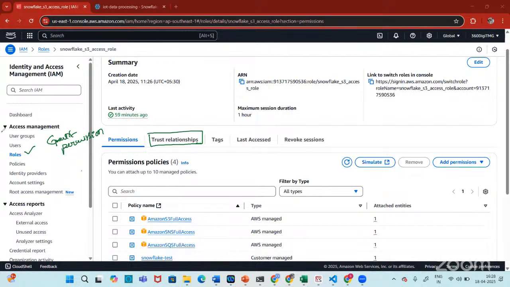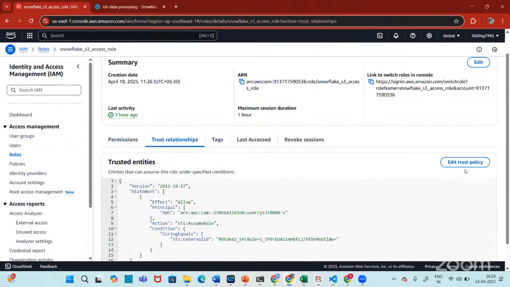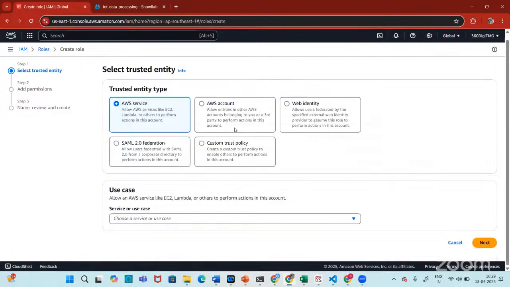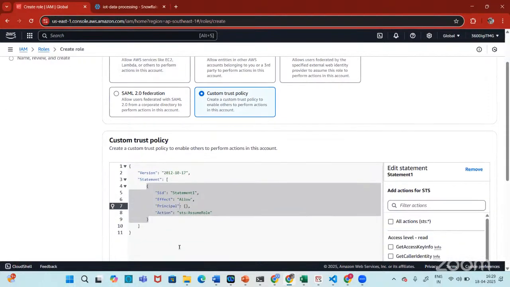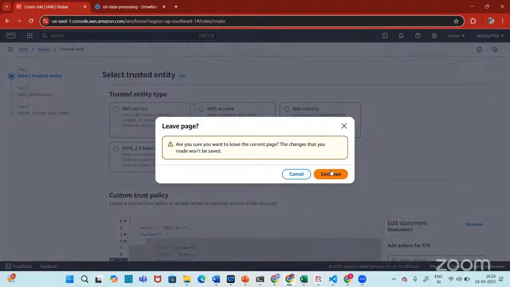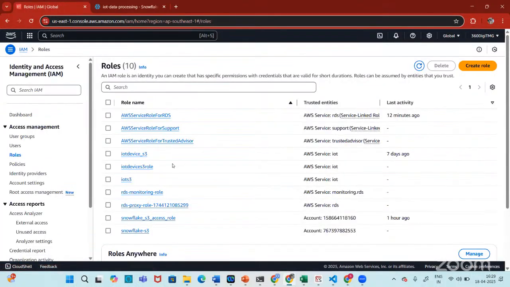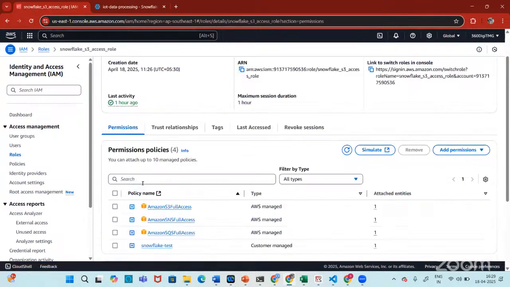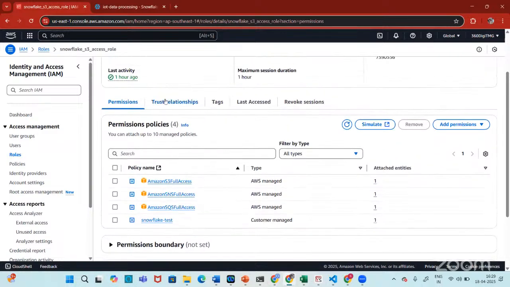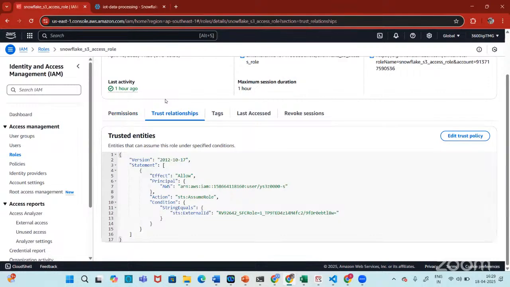We will look into that. Trust relationship. You can just click on edit trust policy, or just now I have shown, right? You can directly go to the roles page, create role. Here you have custom trust policy. You can select that and create your custom trust policy. Anyways, you can do that. Going back to the policy. Yes, here, trust relationships first, because Snowflake is an external entity